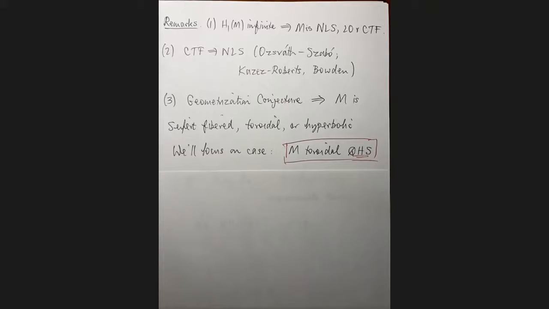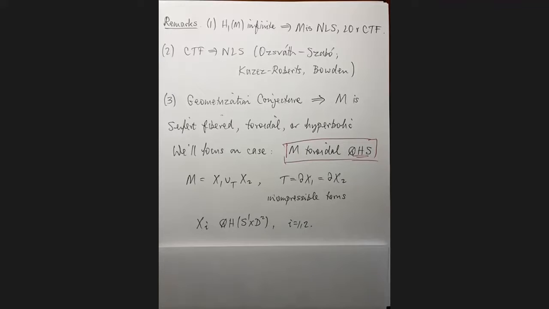If you do have a rational homology sphere with an incompressible torus, that incompressible torus is going to split M into two pieces, and they will be rational homology solid tori. Turning this around, you can think of getting M by taking two rational homology solid tori, X1 and X2, and gluing them together by some homeomorphism between their boundaries. And you'd like to know when such a manifold has properties NLS, or when it's LO, when it's CTF.